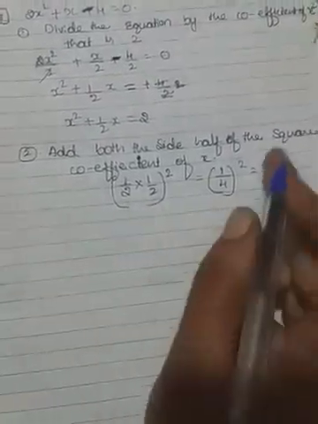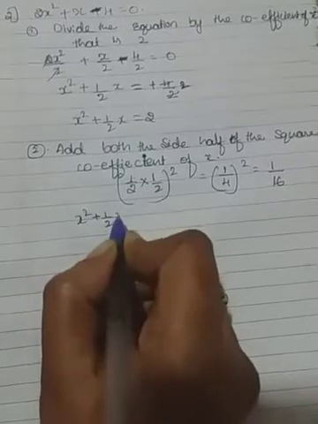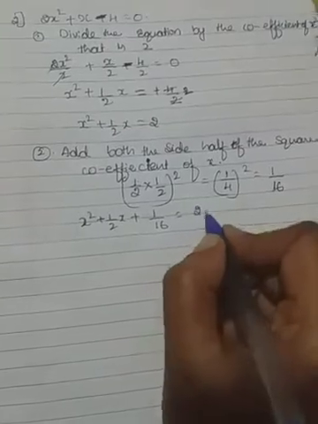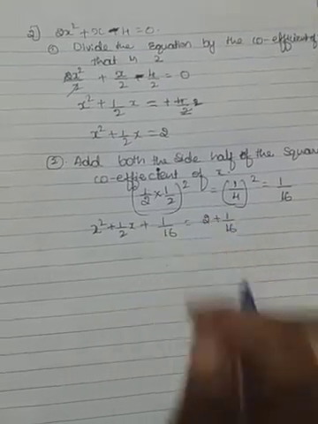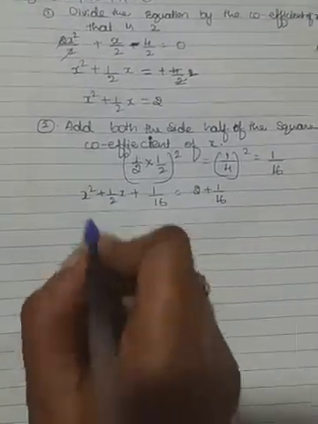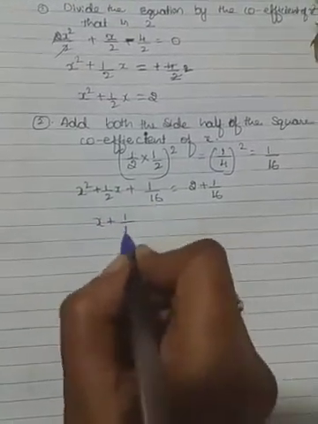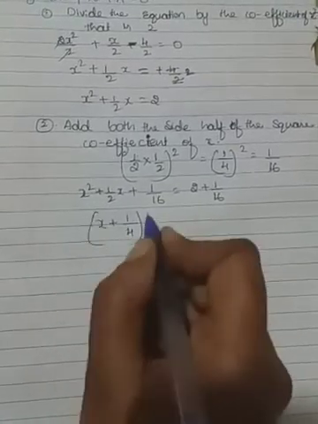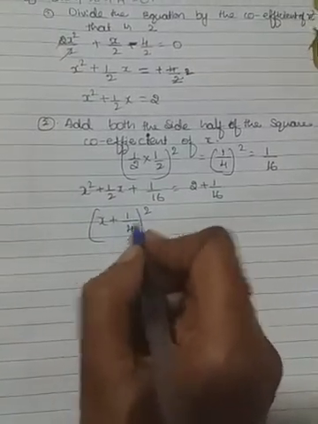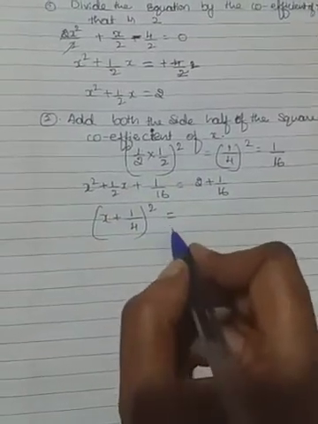So let us add 1 by 16 on both the sides, that will become x square plus 1 by 2x plus 1 by 16 equal to 2 plus 1 by 16. Both the sides, in the sense LHS as well as RHS, we want to add. So we can write this as x plus 1 by 4 whole square, because for this constant term we can get that. So 4 4s are 16. So by this we can take this term as 1 by 4 whole square. If you further simplify, we will get the same only. Okay, x plus 1 by 4 whole square.